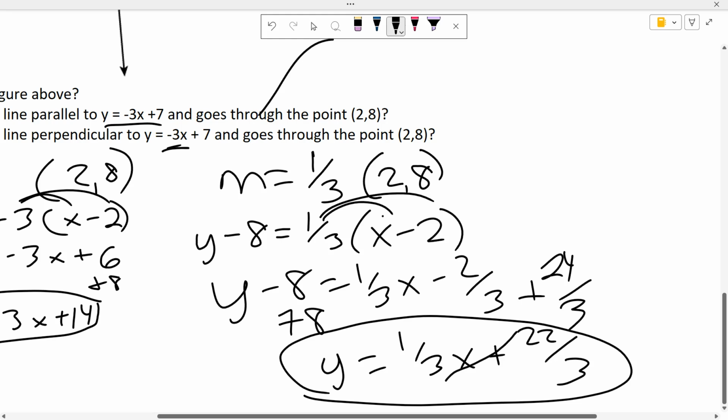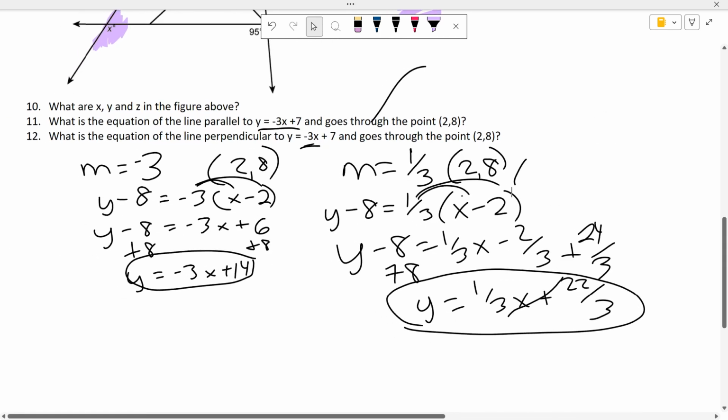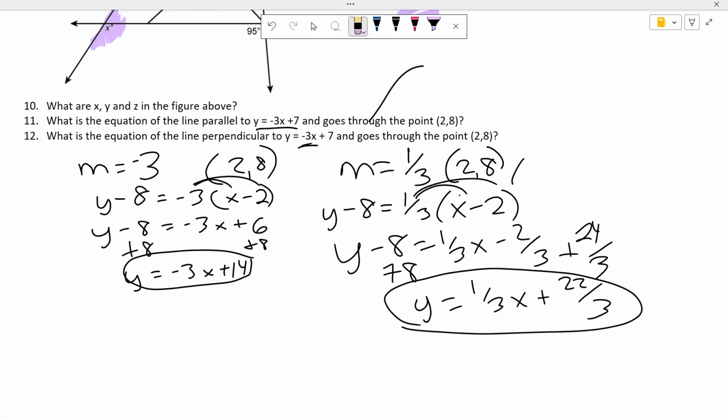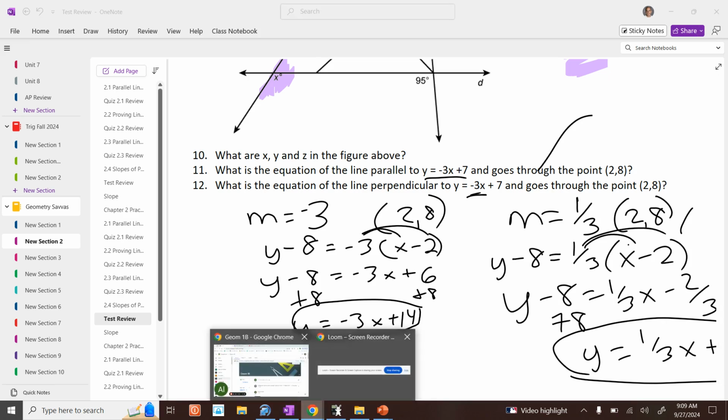Okay? So those are the two problems on yesterday's homework that most people struggled with, where you had to come up with the equations of the parallel and perpendicular lines. Okay? That is what your test covers. So on Monday for 3A, Tuesday for you guys, we will take the test, and then we'll take the vocab quiz over those 8 vocab words. That is on Tuesday. Okay? Today, we will do the practice test, and you'll keep